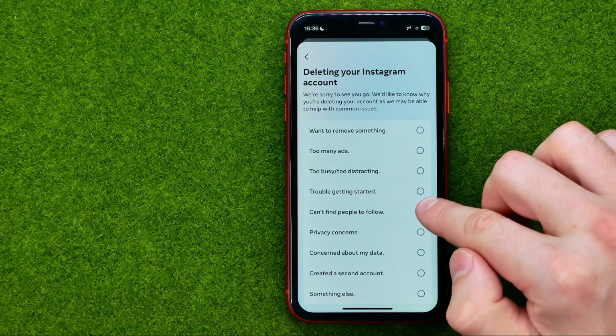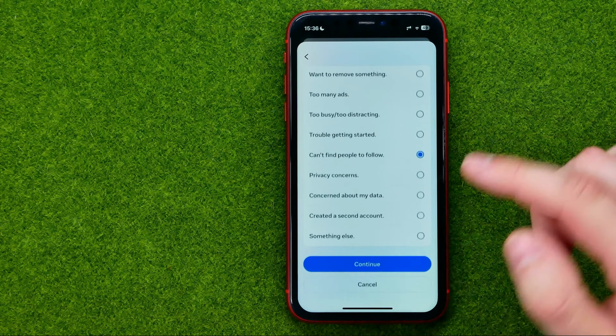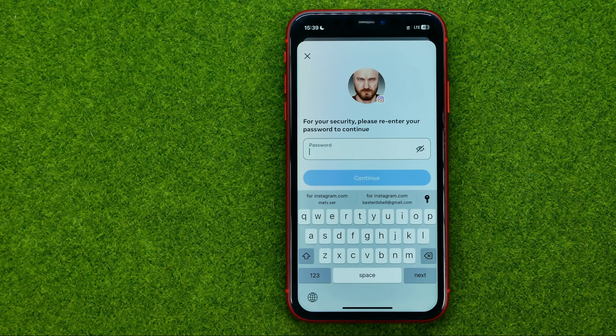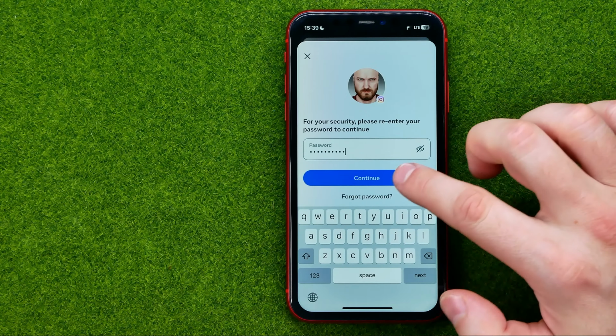Then choose any option from that list, scroll down and tap Continue again. On this step, we need to enter our Instagram password in that field, and once you've done that, tap